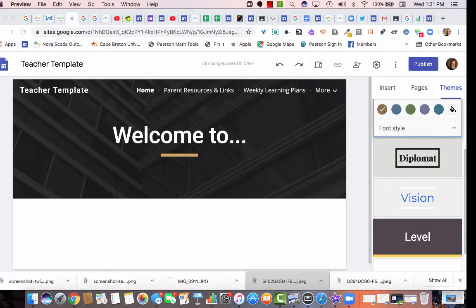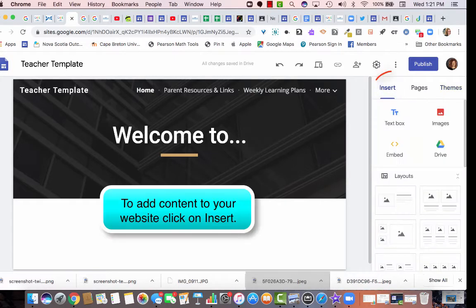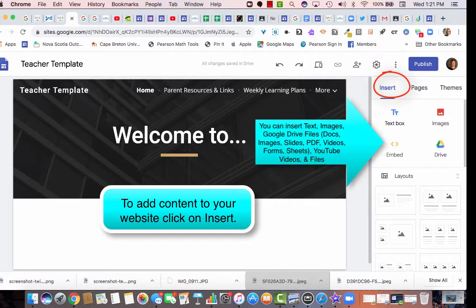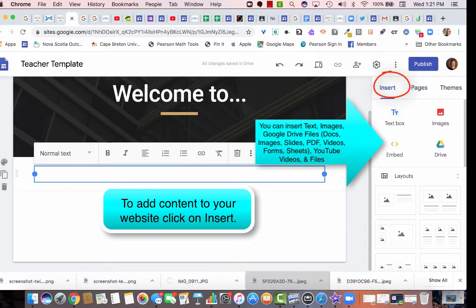Okay, so now that I've got this done, what I'm going to do is I'm going to go to my home page. Now, in order to add things, I'm going to hit insert. Now, I can insert images, I can insert text boxes. So the first thing,